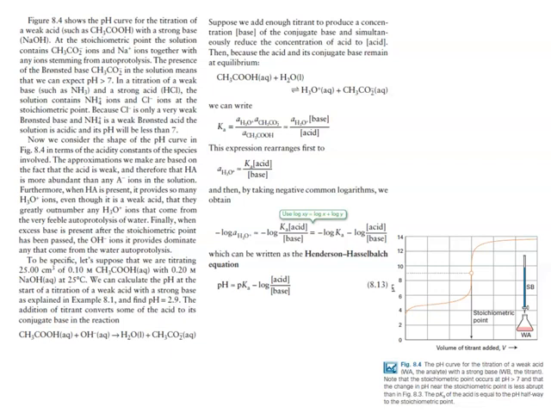The addition of titrant converts some of the acid to its conjugate base in the following reaction, where our weak acid, acetic acid, plus hydroxide will react to form some liquid water plus the conjugate base, acetate. Suppose we add enough titrant to produce a concentration of the conjugate base and simultaneously reduce the concentration of the acid. Then, because the acid and its conjugate base remain at equilibrium,